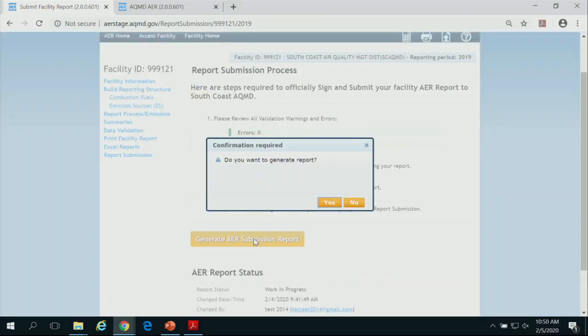Let me take a step back. The logic here is that when you submit your report, the report needs to be frozen, right? Because what's the point if you send something and from the back end you're changing everything? So this generate report function generates a report from everything in the tool and puts it in standby mode for you to send. When you press send, the entire report gets locked. Why? Because we don't want you to make changes. We want our report to be consistent with the record that you submit.